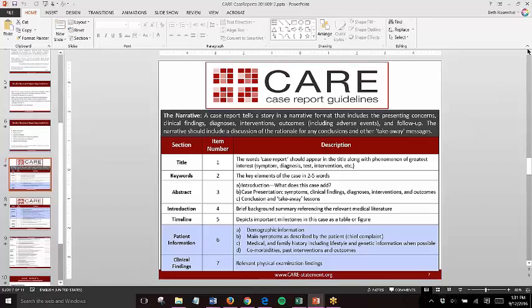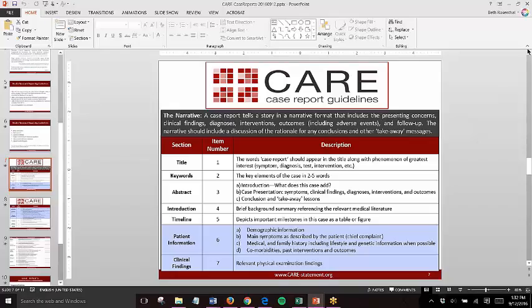This sequence here is a little bit different than the CARE checklist that's on the website, because this is out of teaching. The first thing I do in a case report, once we've selected a case, is we get a title. We don't worry about the keywords or the abstracts yet. The first thing we go to is the timeline,